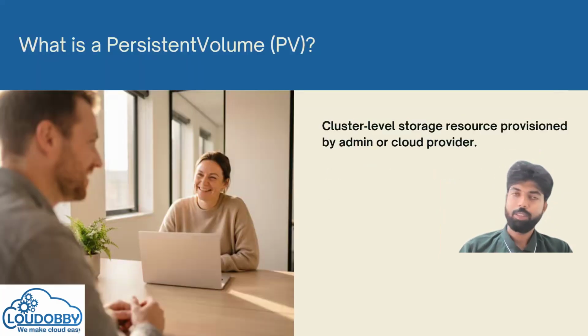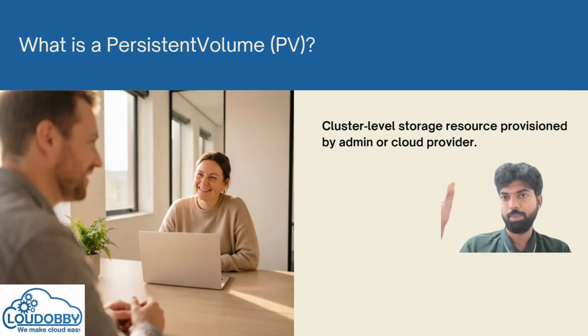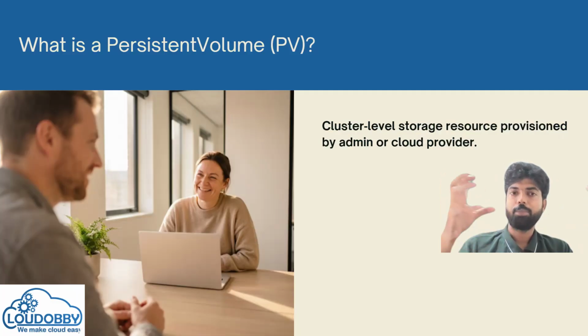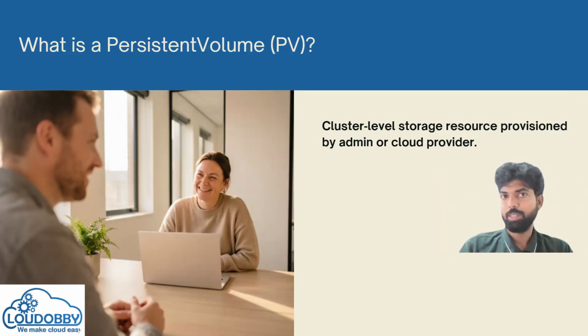What is a PV, which is the persistent volume? We discussed stateless and stateful. For stateful, we need underlying storage. That storage, the PV, is nothing but either from NetApp or from EMC. Any company will provide us an underlying physical storage, or it can be cluster physical storage. Okay, that is the persistent volume. It's a physical storage, or in AWS we call it EBS storage. That is the physical storage.